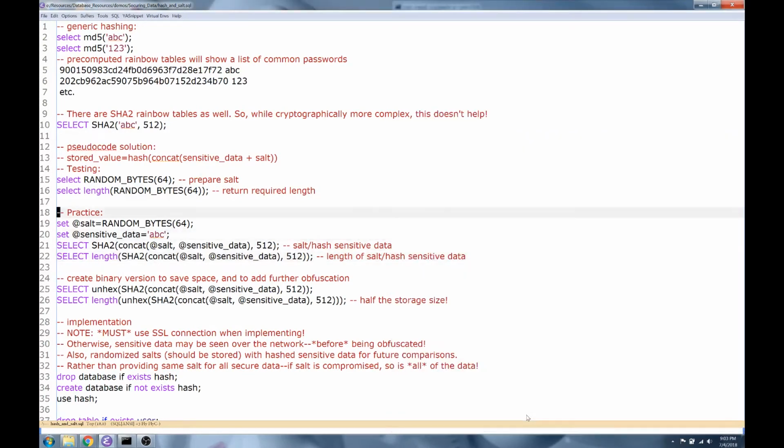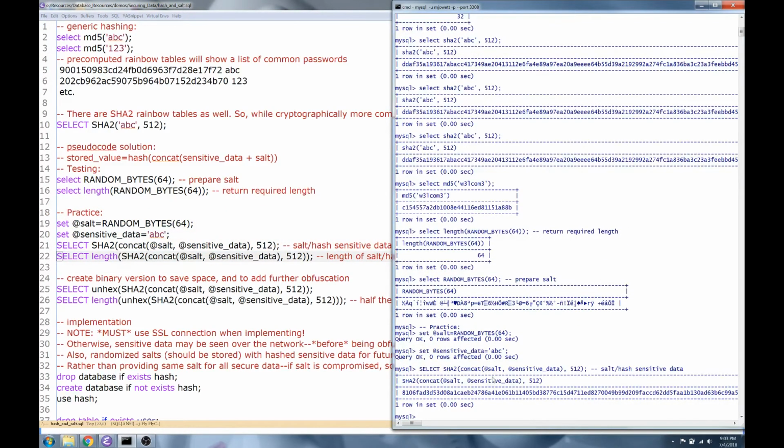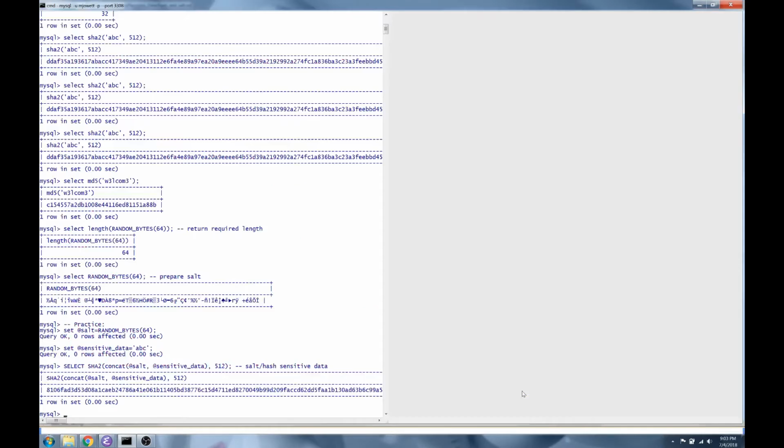Sorry about that. It's not in my buffer. It is now. And so I set the variable salt, set the variable sensitive data to ABC. Salt was randomized 64 bytes. And then this value is hashed. I wanted to show you that even though the value was ABC, you can see